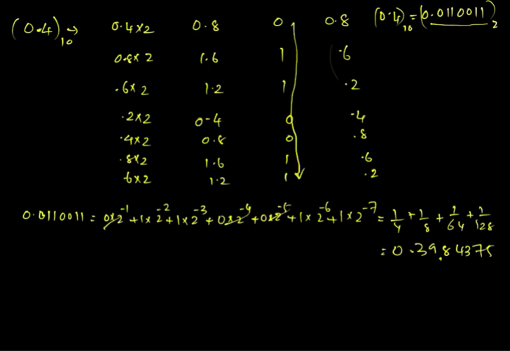Now suppose we terminate the series here, then the result will be 0.011001. If you convert it into the corresponding decimal number, this 1 by 128 has to be deleted, so the answer will be 0.390625. Now if you round off after the first digit you will get 0.4. So depending on the number of digits we proceed with, we can have better accuracy, but after a sufficient number of digits is obtained, we can truncate or terminate the series.